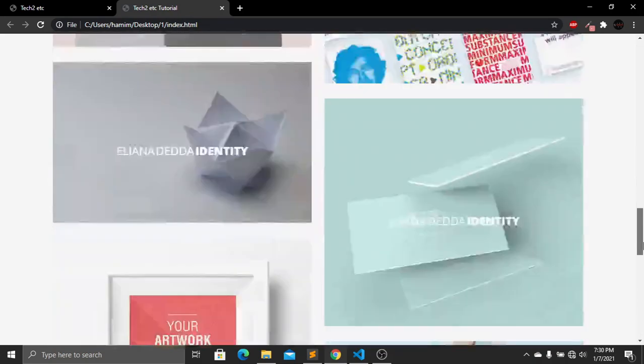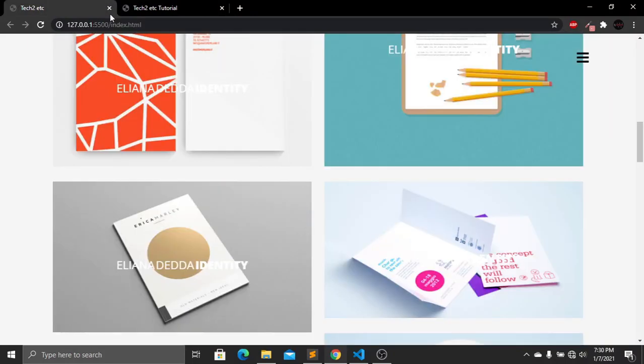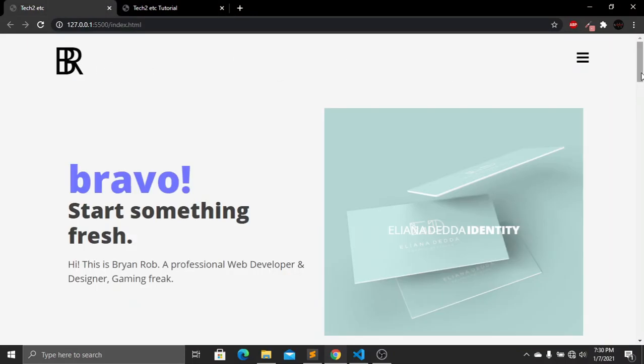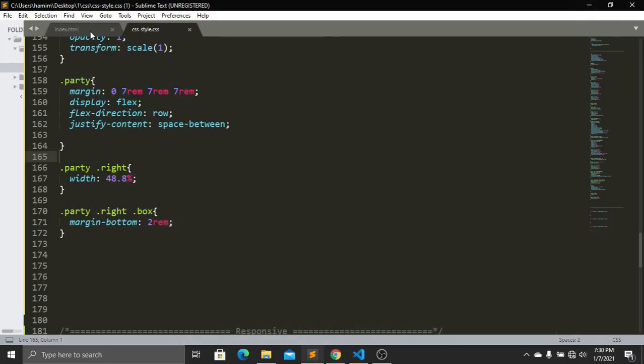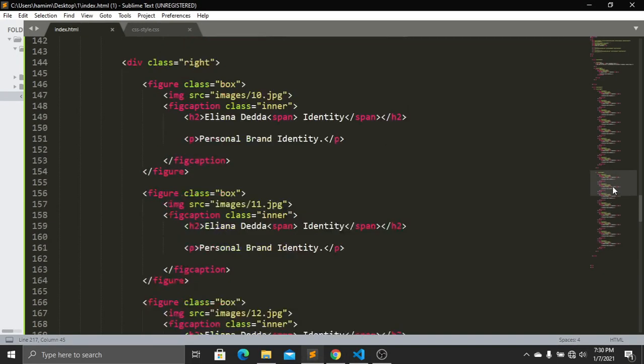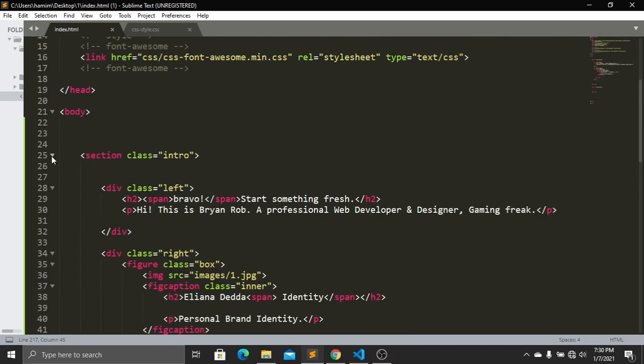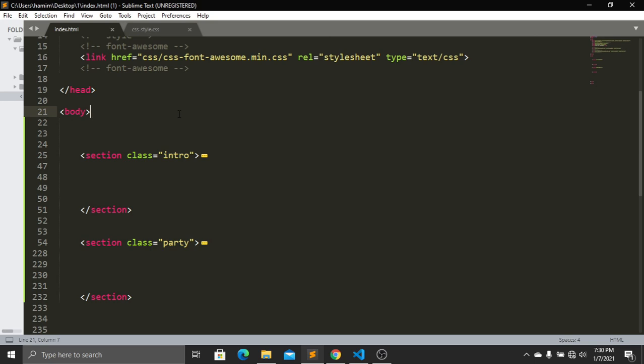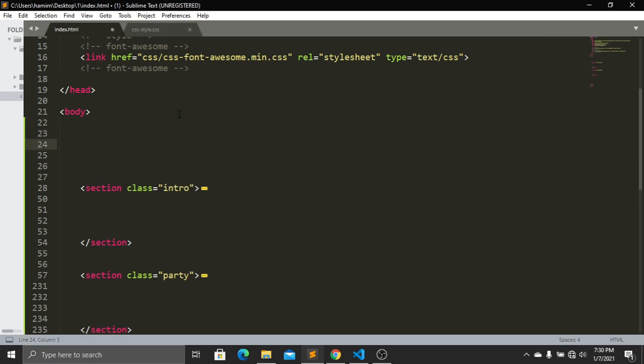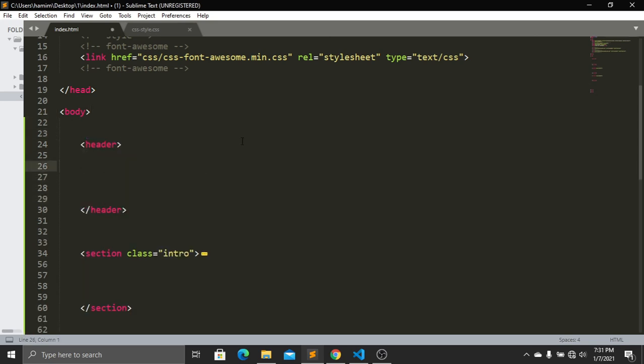So now here you can see that after this one, now we have to create this logo and this hamburger menu. So for doing this, let's go to our index.html file. First we will collapse these sections. So now in our body, now we have to create a header tag,